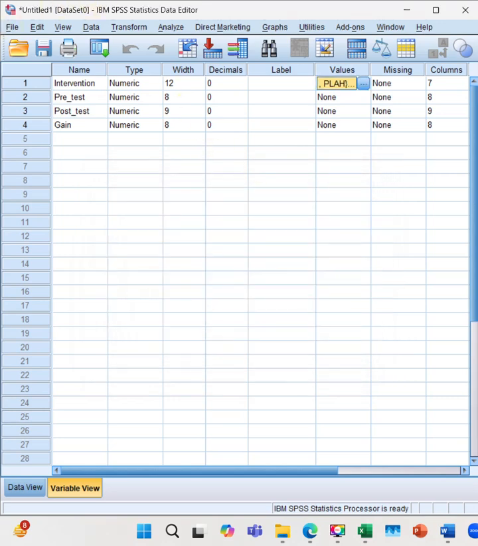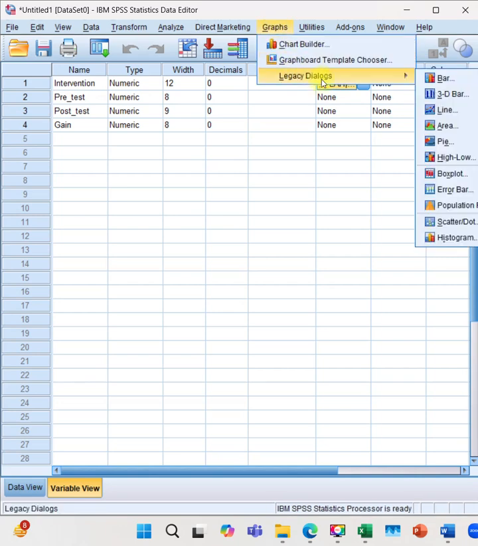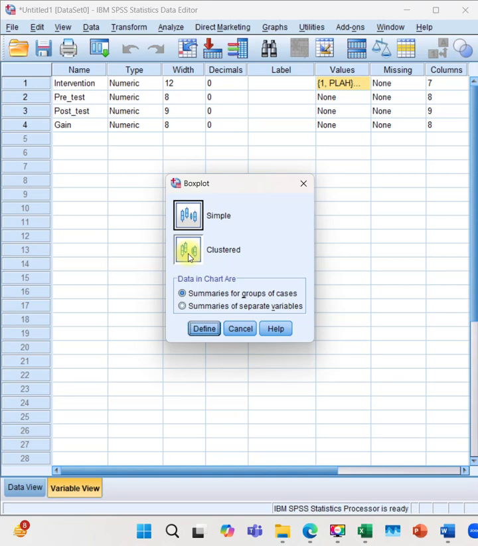So we first can check homogeneity using a box plot, again, via observation. So we go to graphs here, then you go to legacy dialogs, and then to box plot. Then you will just click on the simple box plot and summaries for groups of cases.